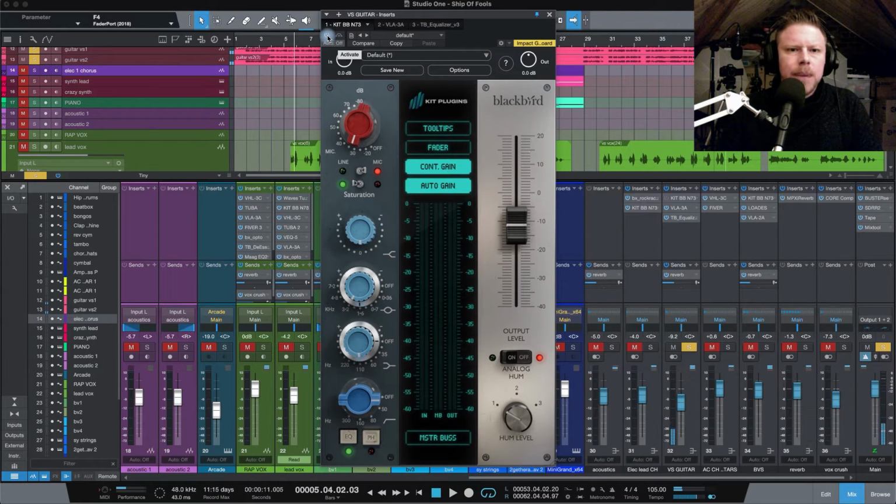Now let's bring in the BBN73, and all I'm going to do is just bring in a little bit of saturation from the channel strip, and I've done a little bit of a sweep around the mid-range. I'm about 1.6 and just dialing in a little bit to accentuate some of the colour and the tone that I like from this electric guitar. That's a really super easy way to do it on these Neve style channel strips, just to sweep around and see what sounds best, what sort of colour and tone you're liking, and then just bring a bit more of it out. So let's just take a listen to what difference just doing those 2 moves have made with the